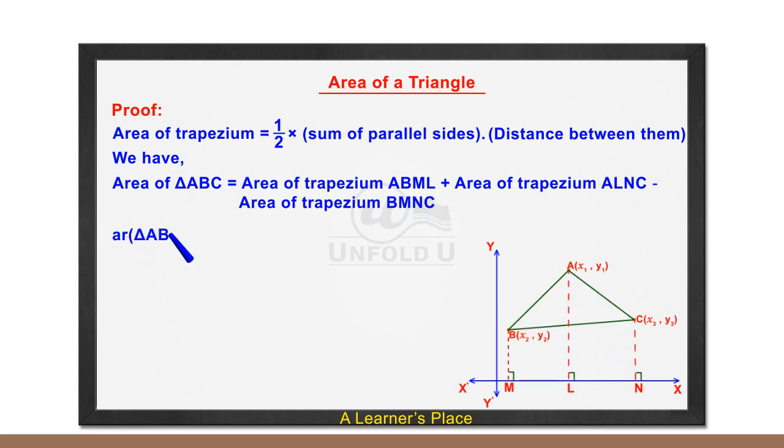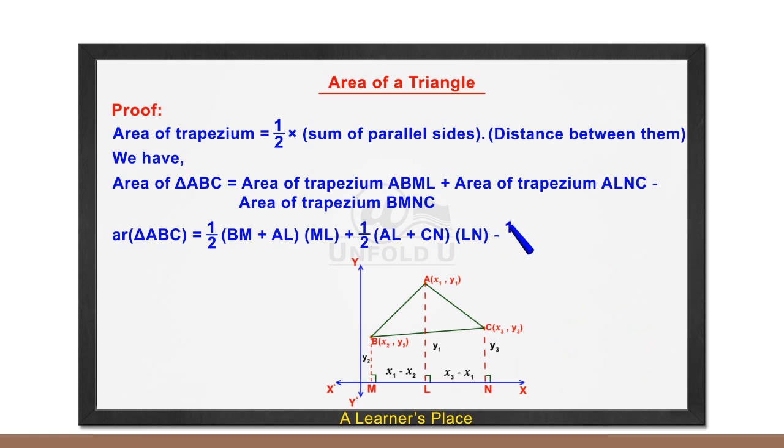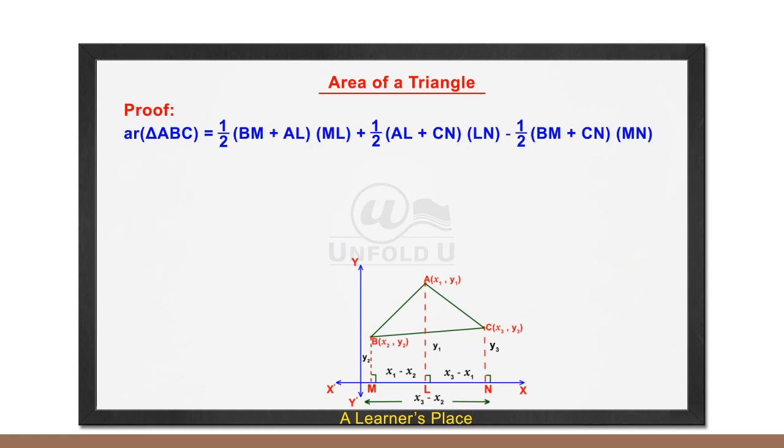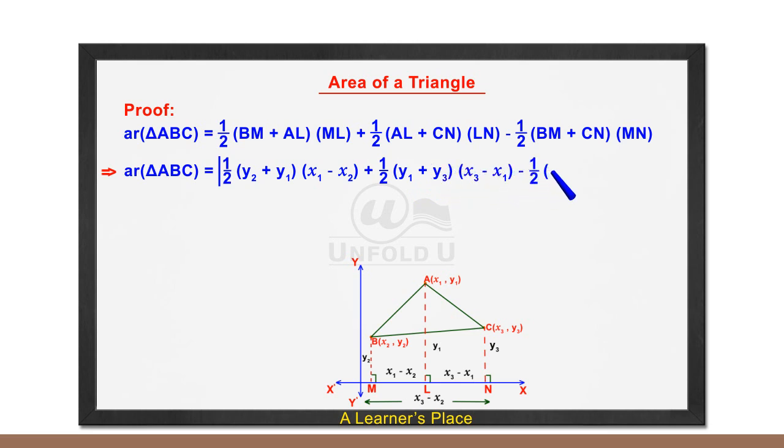Area of triangle ABC is equal to 1/2 into (BM plus AL) into ML plus 1/2 into (AL plus CN) into LN minus 1/2 into (BM plus CN) into MN, which implies area of triangle ABC is equal to modulus of 1/2 into (y2 plus y1) into (x1 minus x2) plus 1/2 into (y1 plus y3) into (x3 minus x1) minus 1/2 into (y2 plus